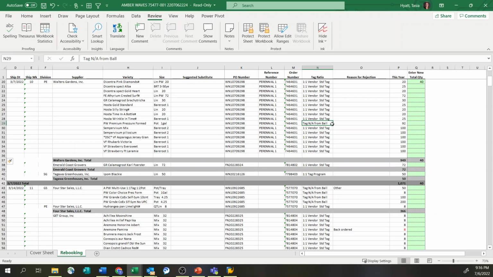And then I'm going to jump over and let's look at this reason for rejection column. So if there is a note next to a plant, we'll come down here to back ordered. This means you did not receive this item. So typically we'll add in a reason here in this reason for rejection column. In this case, the item was back ordered. The customer decided that they didn't want to wait to get it, so we went ahead and canceled it from